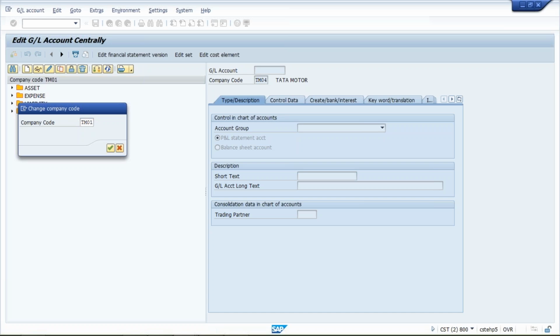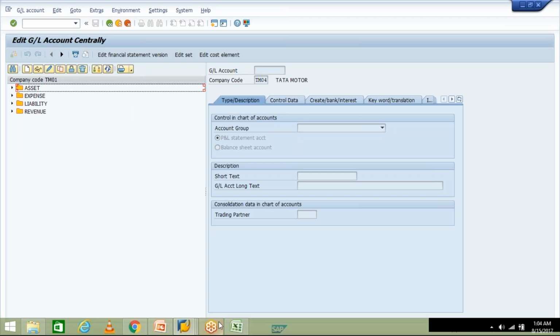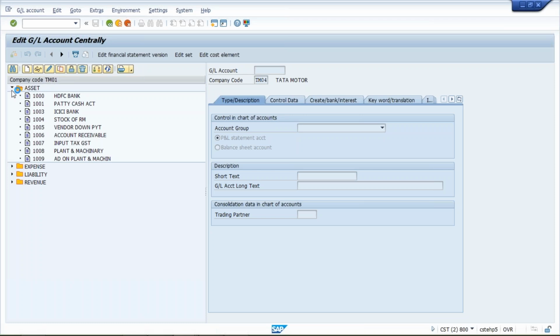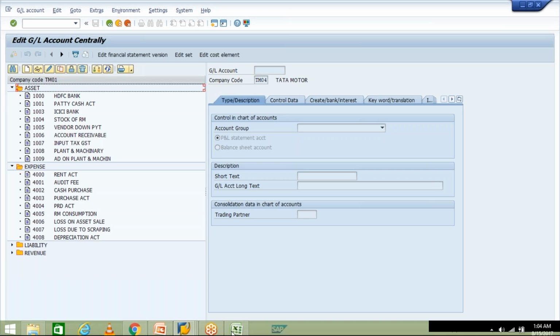Press enter. So we have four types of GLs: asset, expense, liability and revenue. In that, like I said, we have certain GLs. In expenses also we have GLs and all. Now what will happen